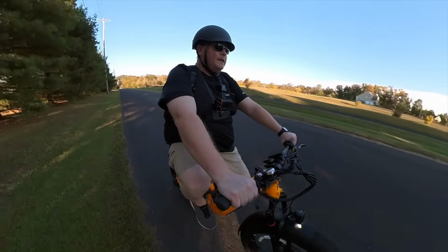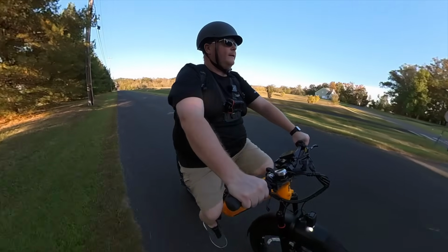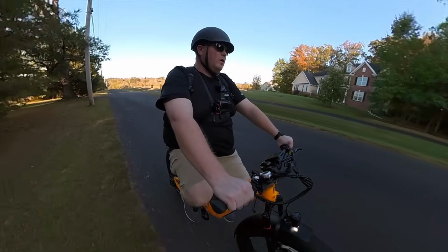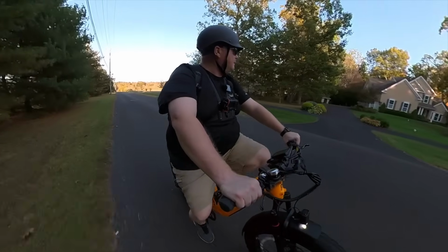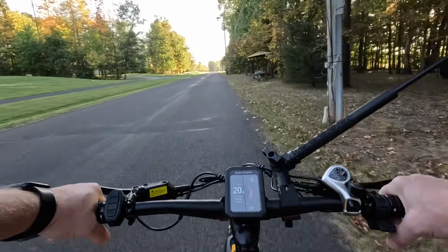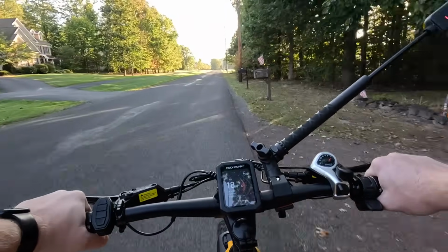And keep in mind, this is not a light bike. I'll put it down at the bottom of the screen, just how heavy this bike is, but I think we're verging on close to 80 pounds. So when you're pulling 80 pounds plus a 300-pound rider, that really shows off just how good this motor is. You see a little fruit stand over the side of the road here, selling some pumpkins